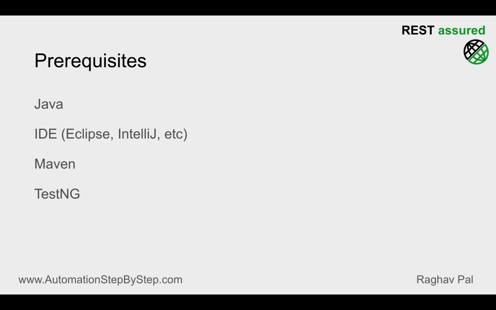And then we need TestNG. TestNG is the testing framework that we will use for creating tests for Rest Assured. Now again, I will show you in the coming session how you can get TestNG. We will need a TestNG Eclipse plugin, and we will also need TestNG Maven library. So we will add both in Eclipse, and this is what I will show you in the next session.